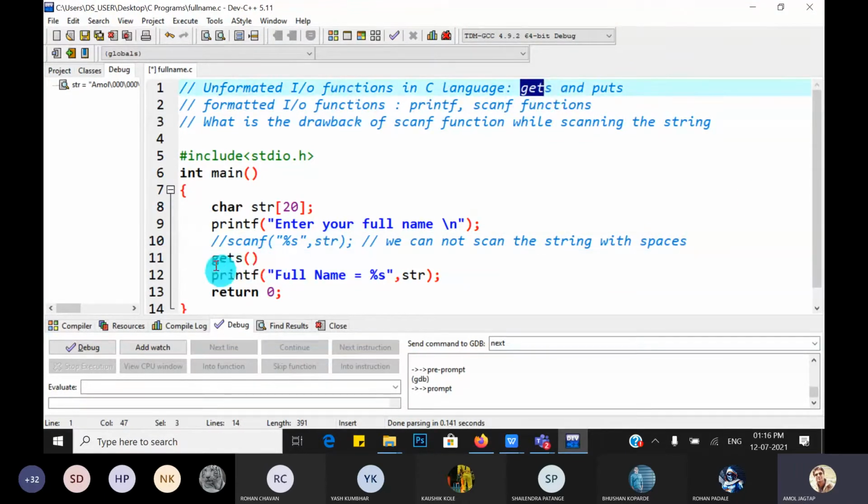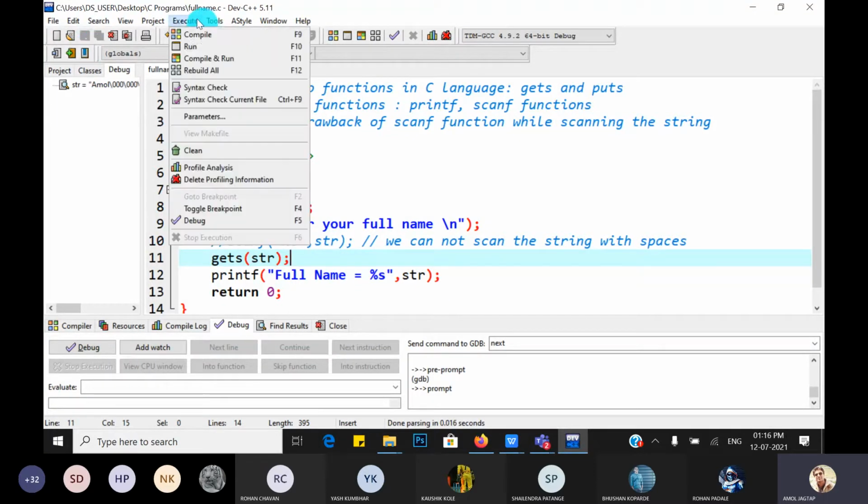What is the use of gets? Get means getting the string from the user, and S stands for string. Get the string and give the name where we want to store it, the str variable.